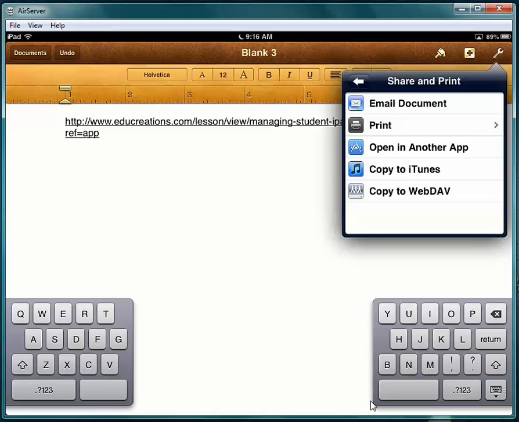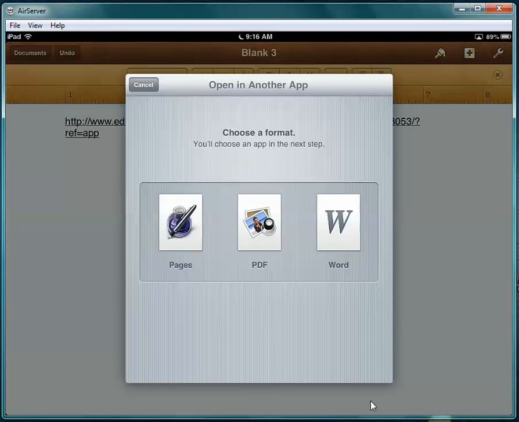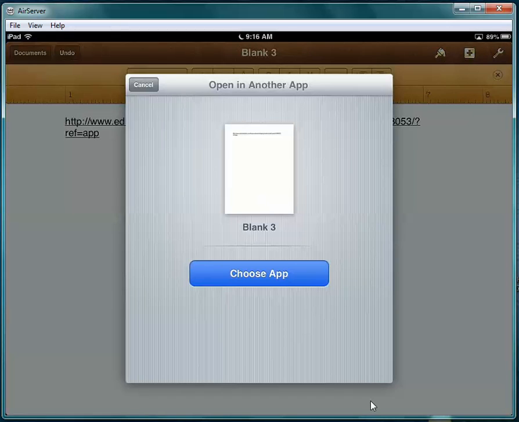I'm going to choose app and open in Campus. And there we go. It'll send that document with the URL to the student's Your Stuff folder. Then the student could either copy the URL and paste it in a blog post on My Big Campus, or just upload that